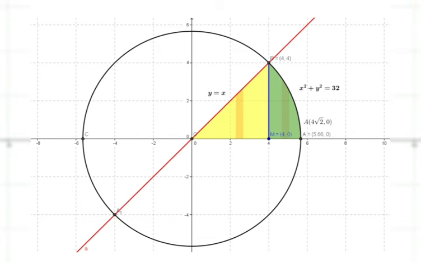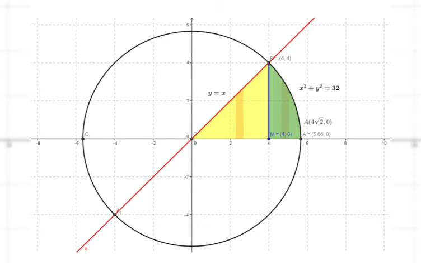To find out the area of the region in yellow color, we just need to integrate from 0 to 4 of y times dx, and to find out the area of the region given in green color, we just need to integrate from 4 to 4 times root over 2 of y